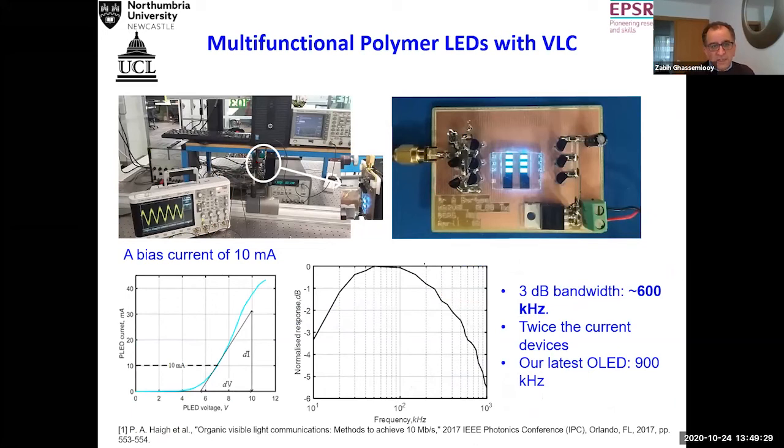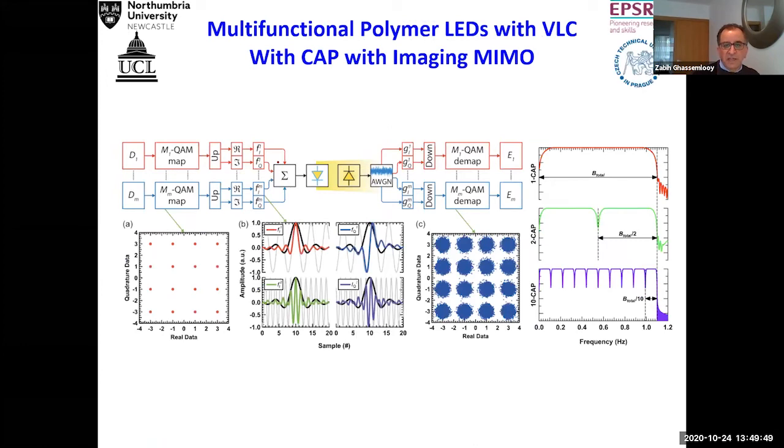So we have transmitters and receivers, and then we developed the VLC systems, and we did all the standard tests and measurements. Again, we demonstrate that the system works beautifully within the FEC limits up to the bandwidth that we are interested in. And then we put it into the MIMO case with the CAP. You can see that, again, the new OLEDs' constellation diagrams are absolutely perfect, and they are well within the FEC limit, and therefore they are fantastic antennas.